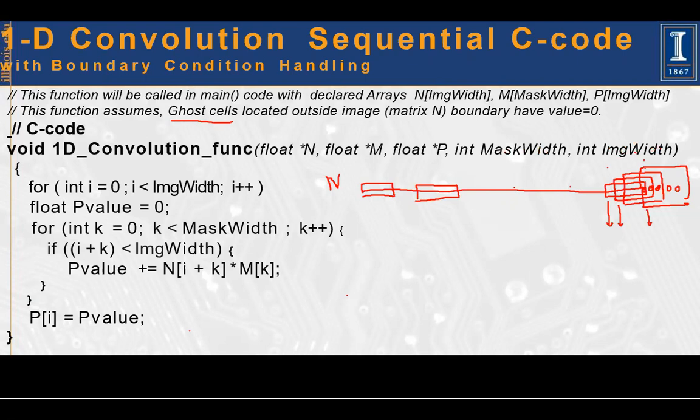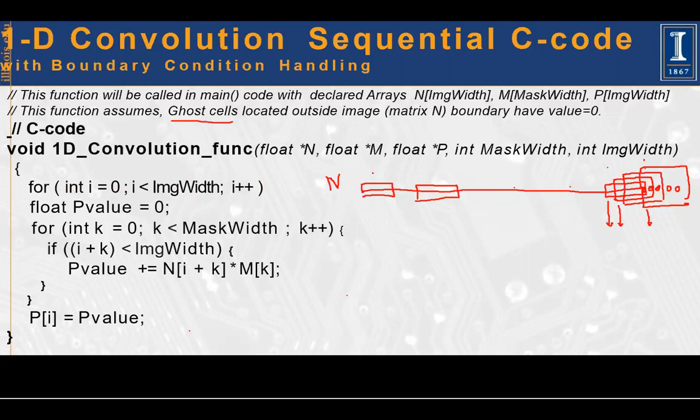This is image width. How big is the array? We have used the word image. It is a one-dimensional image, or one line of an image, okay? But we have given it the image width. Now, as I showed in my pseudocode, we will have two for loops. The outer for loop moves the window over the data one by one. So in this for loop, I from 0 to I less than image width, increasing I, this is my outer loop,